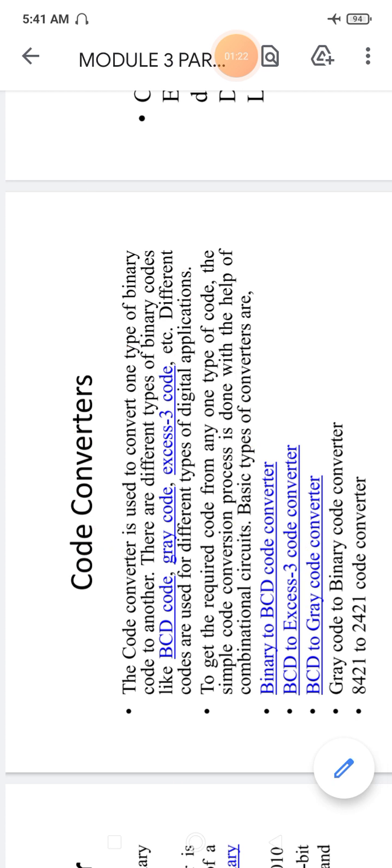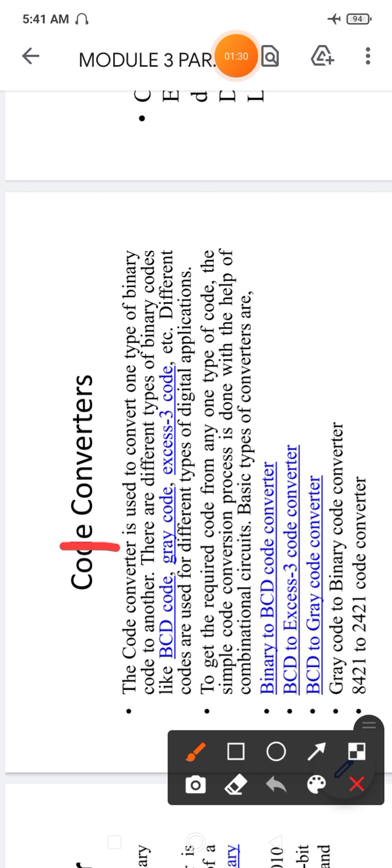Okay, so this type of code, and the gray code also, which I already studied. If you are having the number 0 1 1 1, then add this number and the next number: 1 plus 0, so 1 will be written here; 1 plus 0 is 1; 0 plus 1 is 1; 1 plus 1 will be 0.